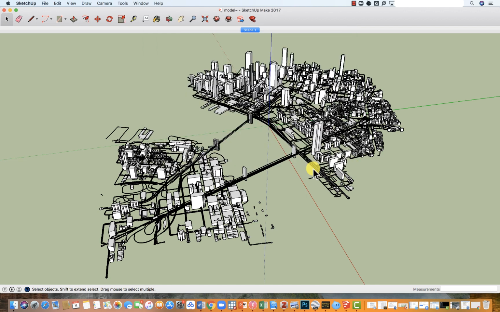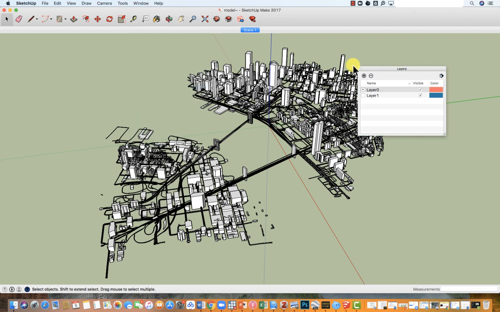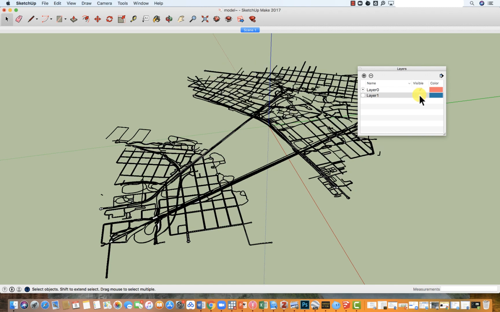The imported AutoCAD will bring in all of the different layers that were in here. Make sure you have your road and the building layer separate. To view your layer, you need to go to Window and click Layer. And you can see Layer dialog box opens. There are two layers here. Layer 0 is the road layer. Layer 1 is the building layer. You can see I can turn off the building layer, just leave the road, so that we can export those